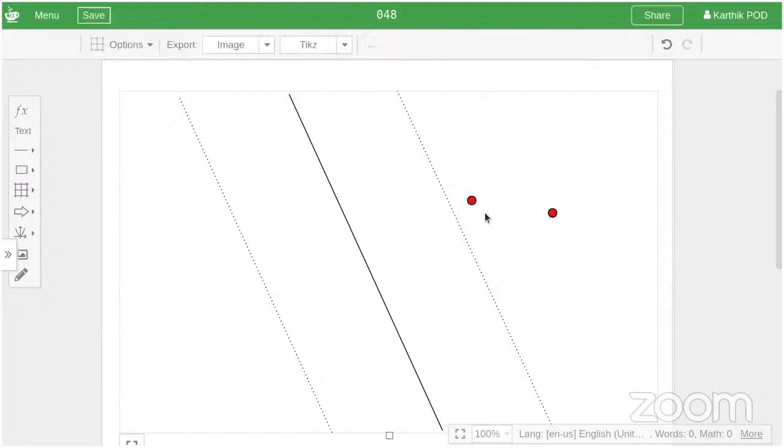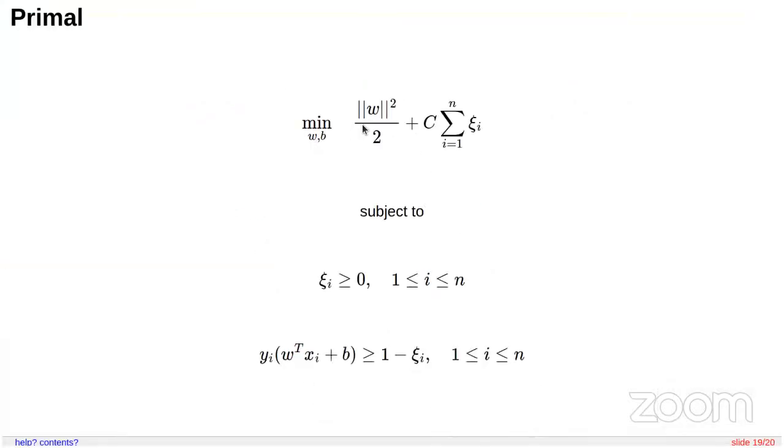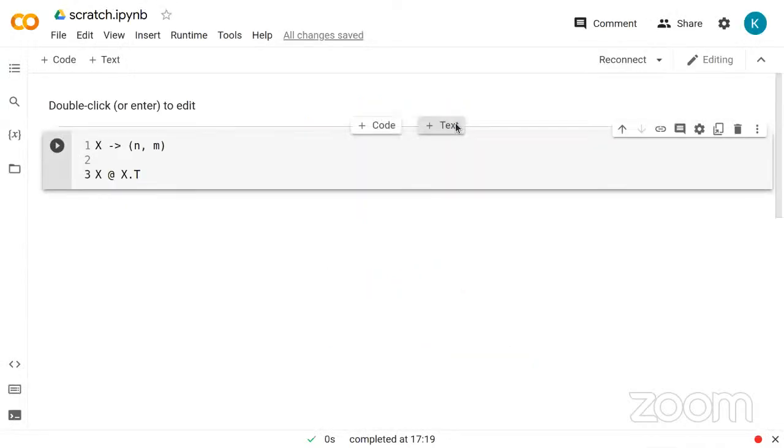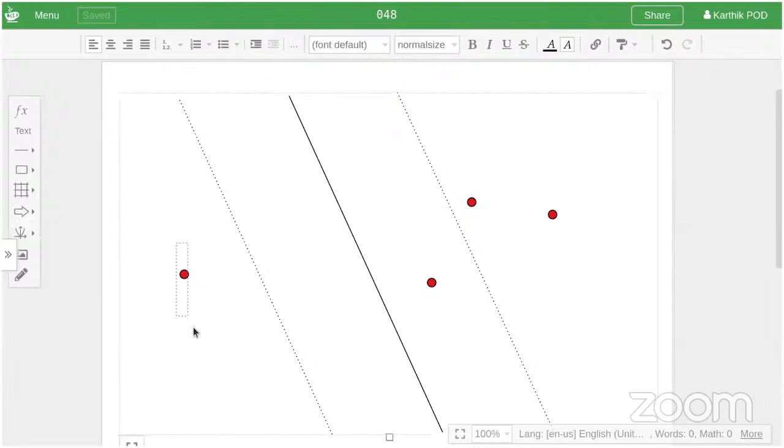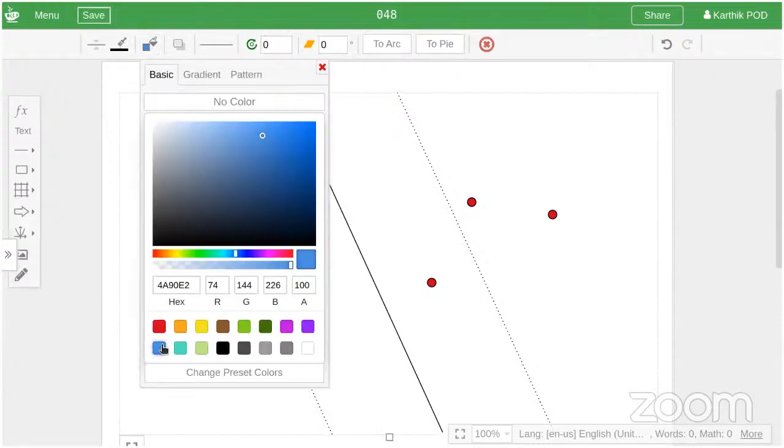In some places we take C as the inverse of the regularization lambda. Yeah, exactly. See, we can in a sense take 1 by C as lambda, because in linear regression, lambda goes with the L2 ridge term, right? So the lambda came here. If you divide by lambda, you get C. In some sense, you can think about it that way. I know that it's not very convincing, but